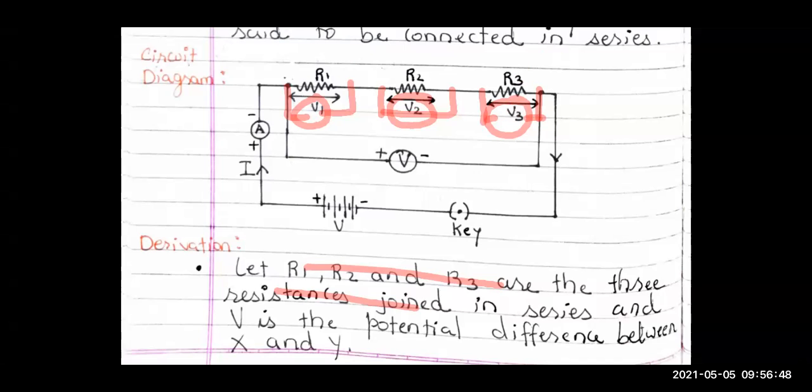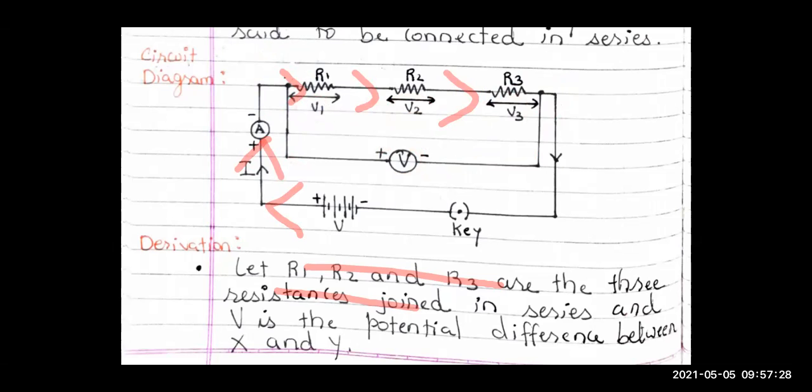And suppose we connect a voltmeter across the two ends of the three resistors, right? If we connect the voltmeter across point X and Y, then the reading of the voltmeter is suppose V. So V is the potential difference across point X and Y. Okay, beta. Now, children, here, as you can see that current which is originating from here, it is having only one path to flow.